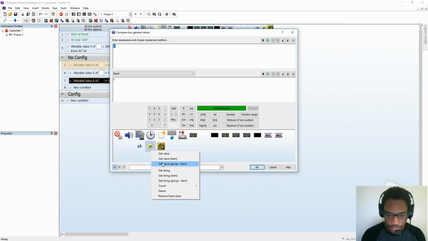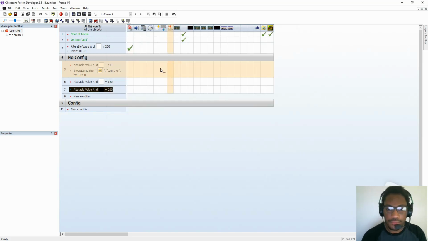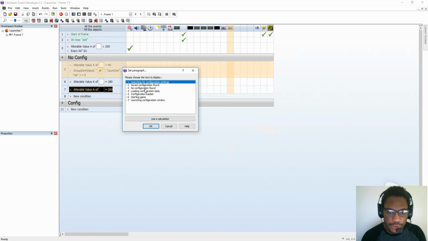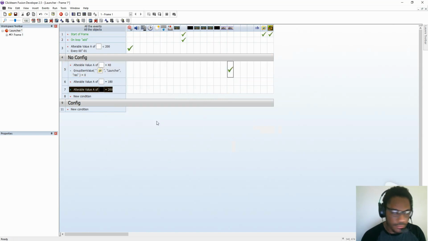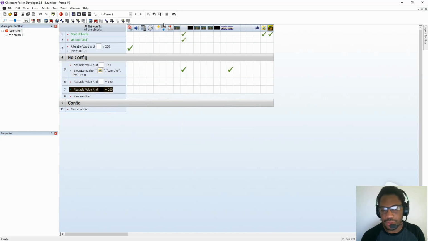We are going to get the value of the group and the item. So first things first is our group, which will be launcher. Our item is going to be res, and if it's equal to 0, we are going to change the paragraph. Did I name these? Info, set paragraph, and we're going to say that no configuration was found. And we are going to change the value of A to 140. That way it gives the user some time to actually read that, understand what's